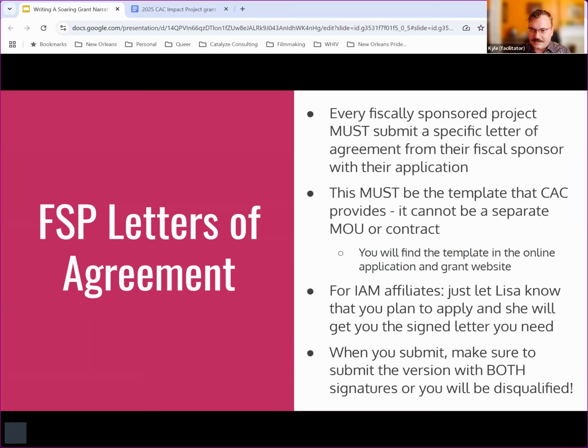It's a very stickler detail that they've got, again, kind of winnowing that pool. And when you're submitting this, just really make sure that you submit a version that has signatures for all sides, because we've gotten word that there are some folks who submitted a DocuSign version that only had a signature for one party, and that was disqualified, and it disqualified their entire application.